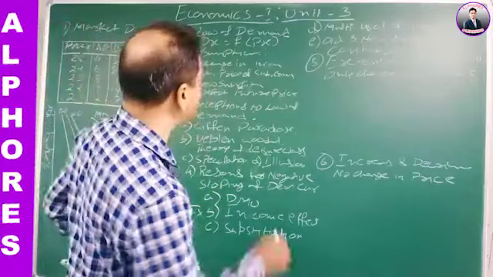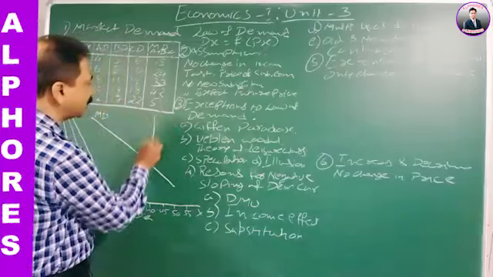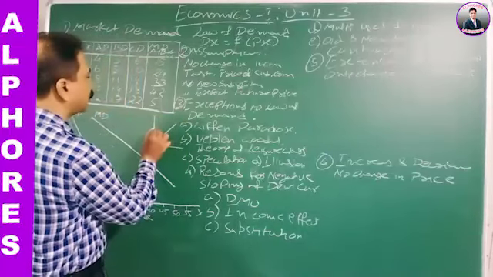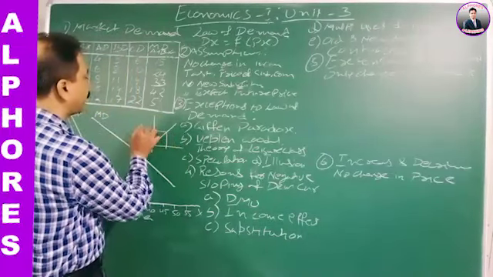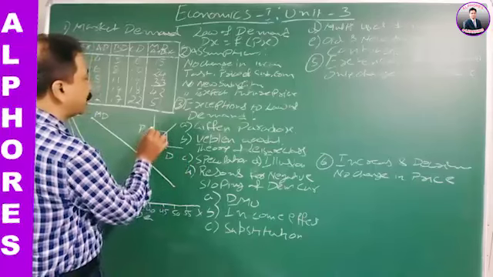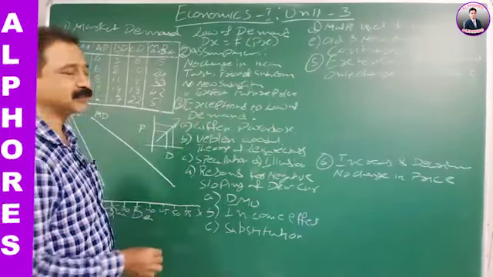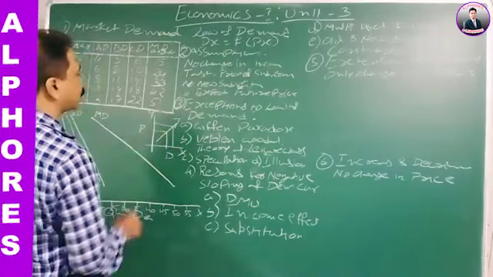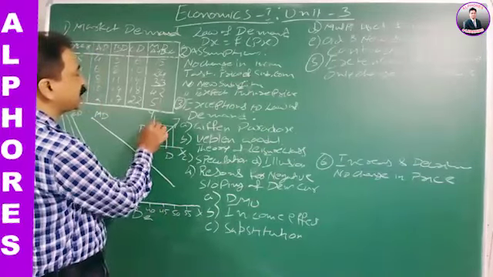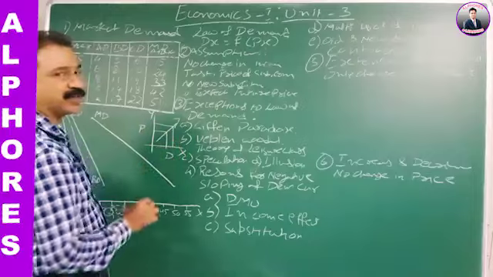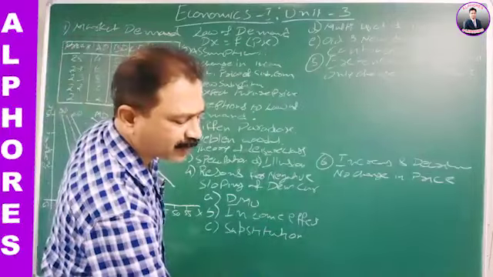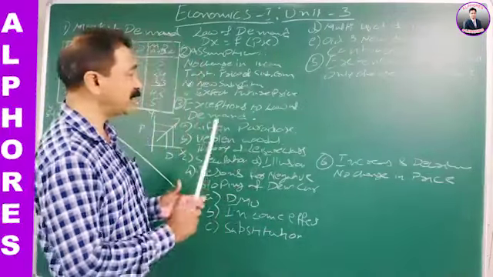So this graph generally will be shown like this. Here we are showing price, here we are showing demand. Price increases, demand also increases. Okay, as price increased, demand also increased. But it's a rare phenomenon, but still happens.